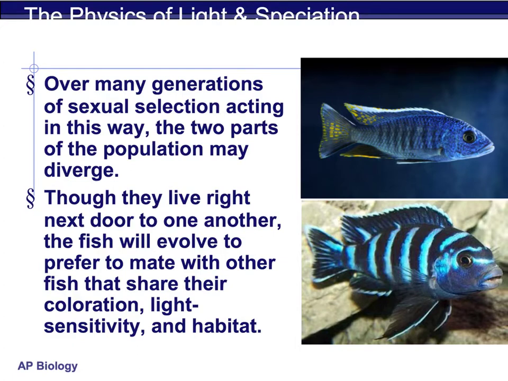Even though they're living right there in the same lake, right next to each other, certain fish will only mate with certain fish. Our blue fishes will be attracted to each other. Our red fishes will be attracted to each other. This is sympatric isolation or sympatric speciation. Nothing really has changed about the environment they live in. Like, there's no physical barrier or reason why they can't be together. It's more of